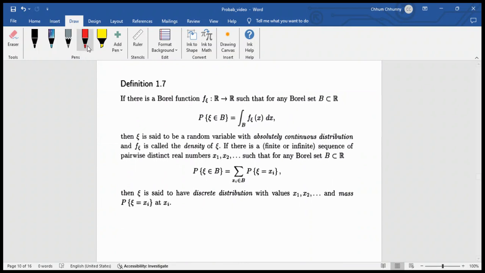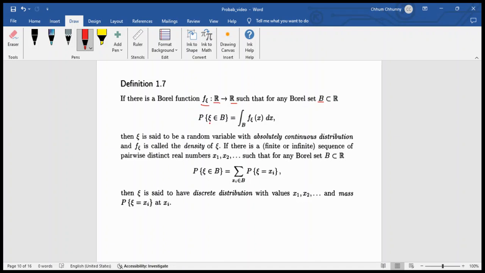In definition 1.7, suppose there is a Borel function f_psi from R to R. That's why I talked about Borel functions before this definition, because we have to use it. Such that for any Borel set B, a subset of R, B an element of the Borel sigma algebra of R,